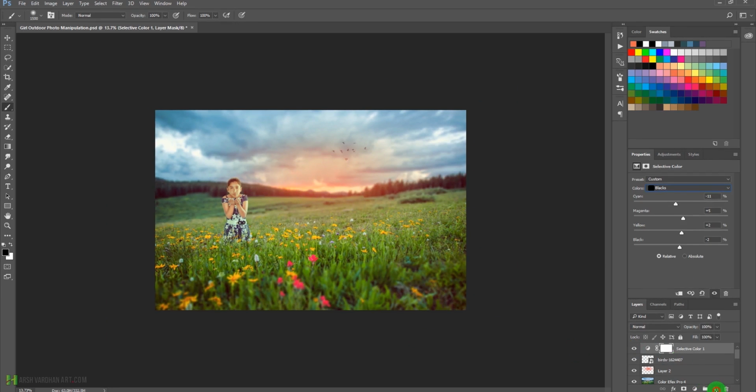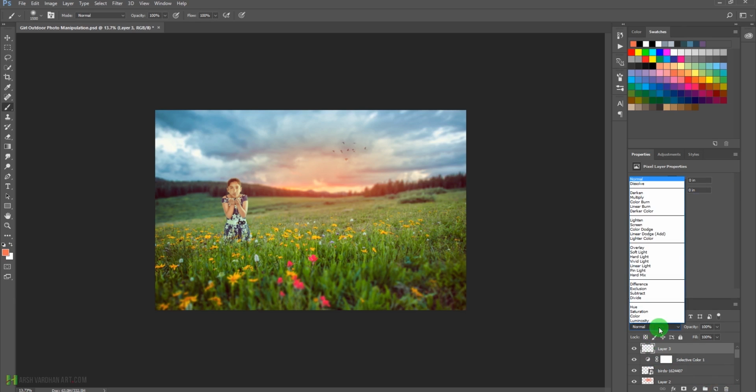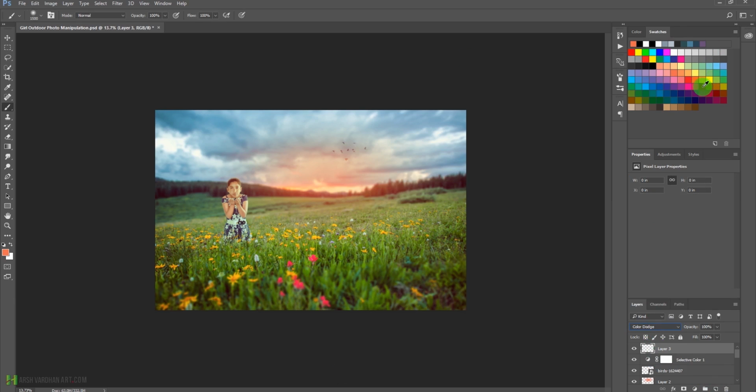So we'll create another blank layer and change this layer blend mode to linear burn this time, and we'll select this dark brown color, or this dark black color, and we are going to paint here once, and you can see it made this one a little darker or this bright. And we'll create another layer, and this time we'll select the soft light and choose the orange color, and we'll paint over here